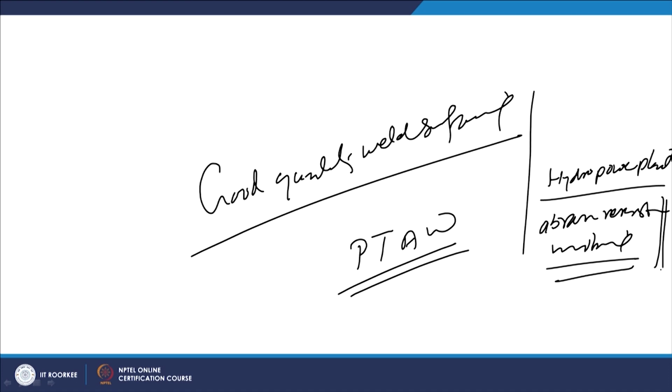Now I will summarize this presentation. In this presentation, I have talked about the gas tungsten arc welding and the plasma arc welding processes, and we have seen that both these processes use a non-consumable tungsten electrode for developing the arc, and the heat of the arc is used for fusion of the filler metal, so that the required surface modification of the substrate can be realized.